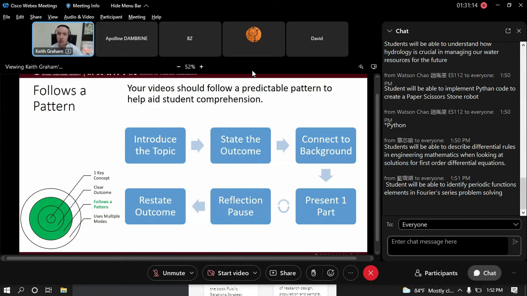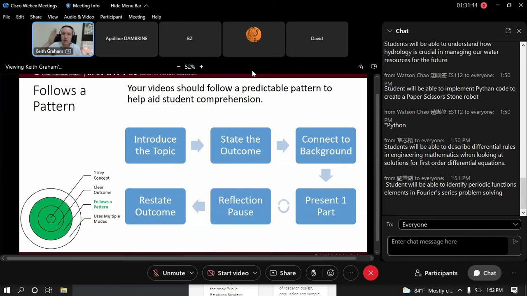Because if they watch the video and then they can't do that thing at the end, they know that, oh, maybe I should watch this video again and try to catch the key points that I missed. So the better that your outcome is, the better experience they will have when watching the video. So now we need to get into how we're going to actually make these videos, or again, if you're doing a live class, how are we going to